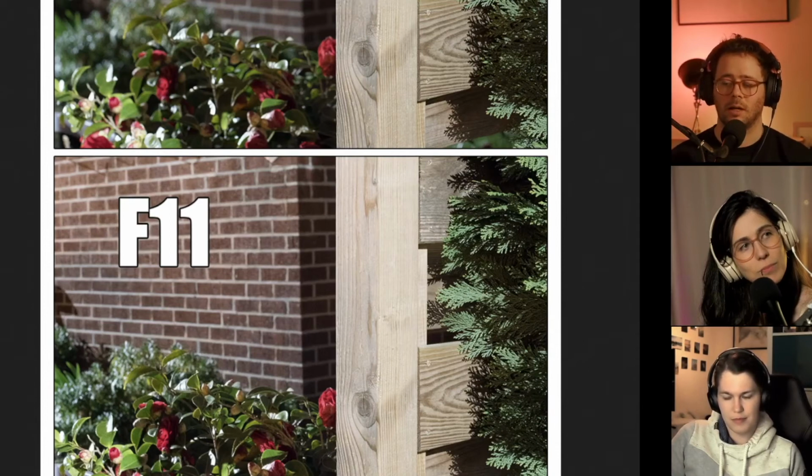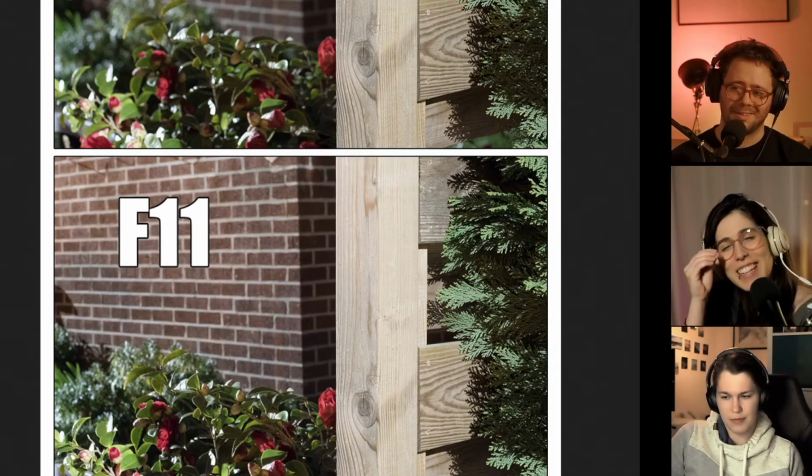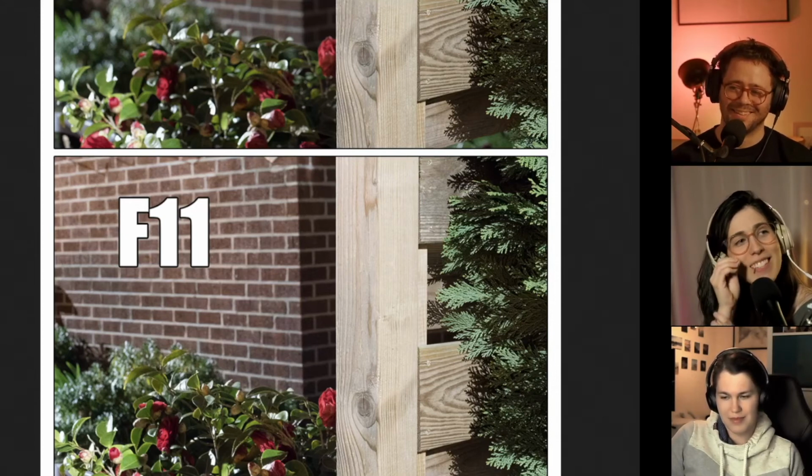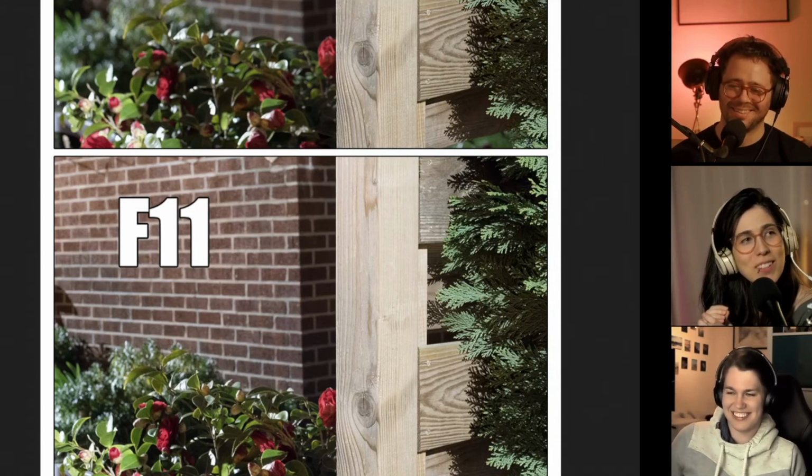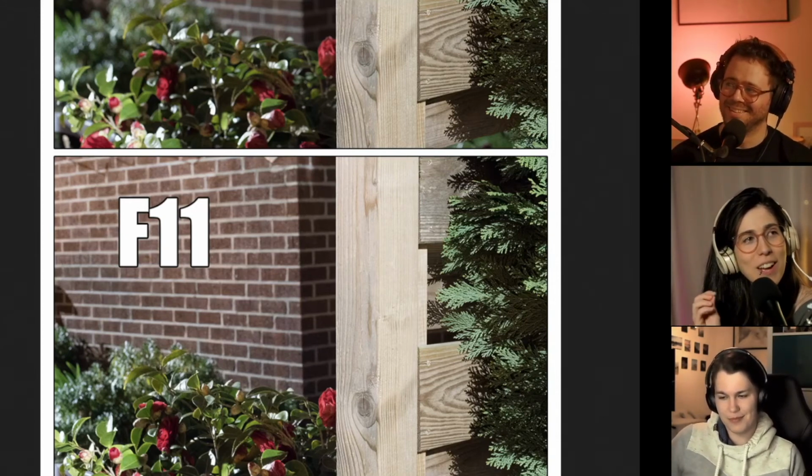And a lot of people think it ends at f22. I was actually thinking about this specific topic. The other day we saw a lens that had like f120 something.